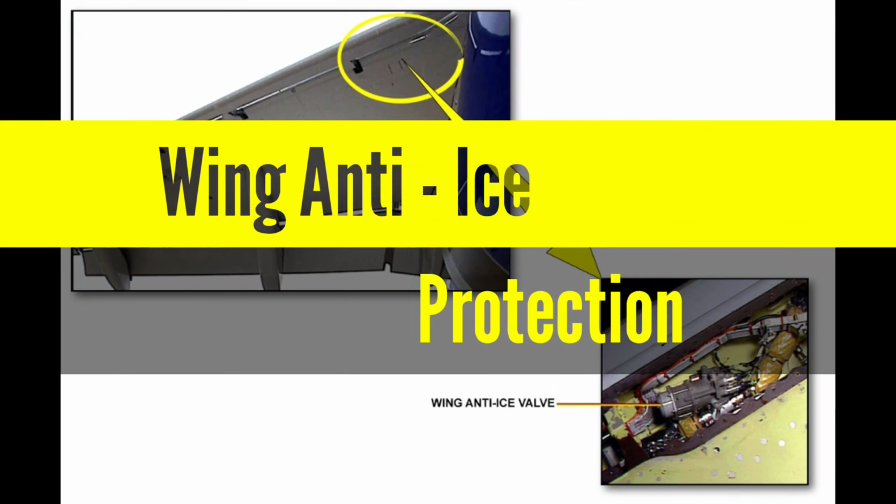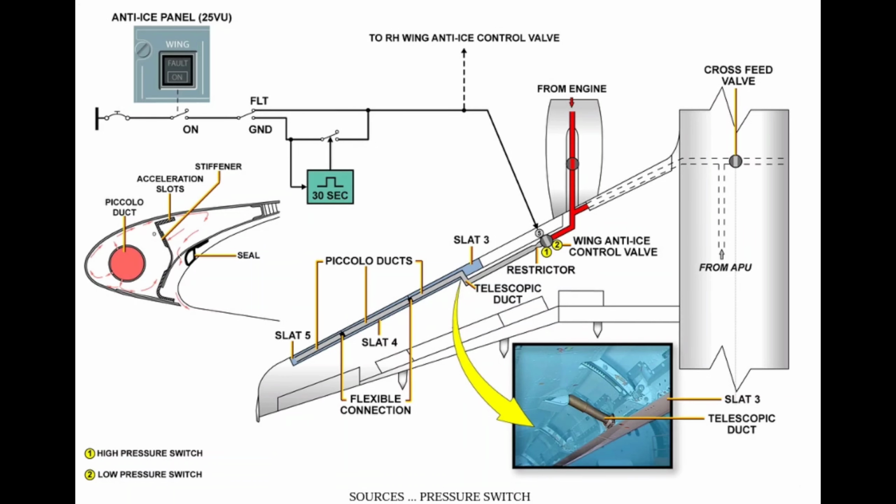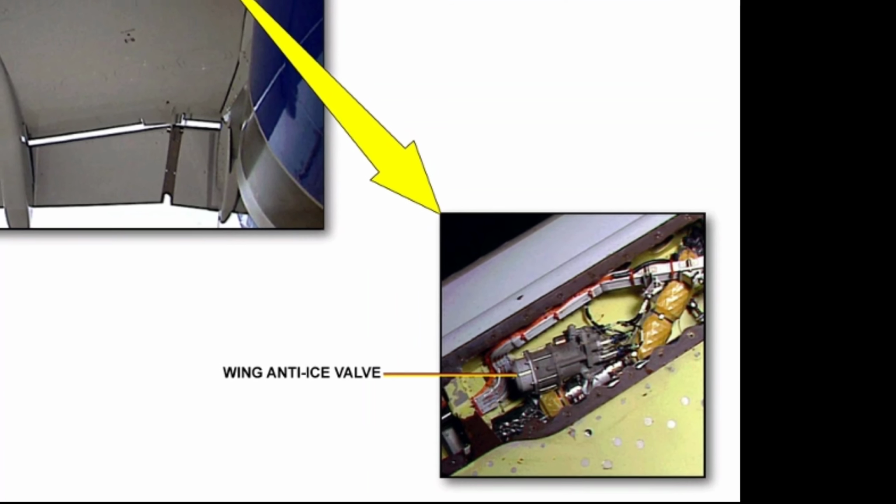So starting from the first and foremost, wing anti-ice protection. Hot air from pneumatic system is being provided to the outboard leading edge slats. The source of air being APU, engine, via pressure regulator and shutoff valve. The air simply enters the wing area via APU or from the engine depending on different conditions, whether the aircraft is flying or on ground, and simply enters to the leading edge slats via series of different ducts. So this is how it works.